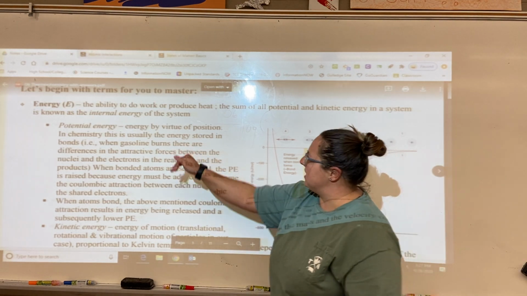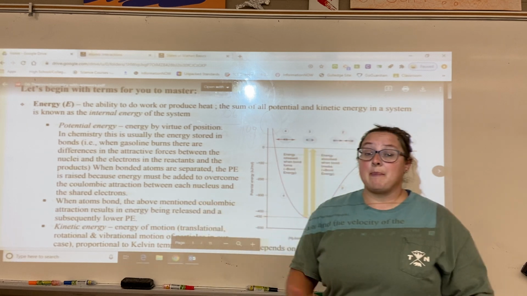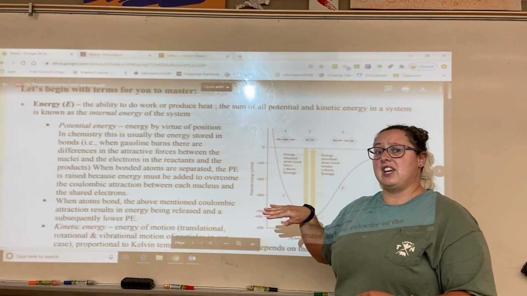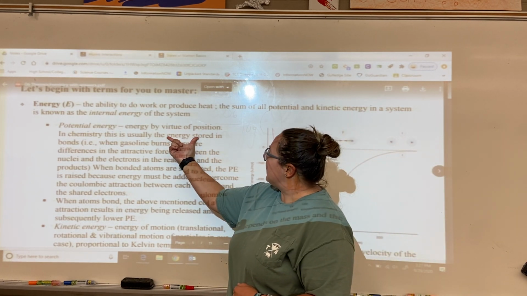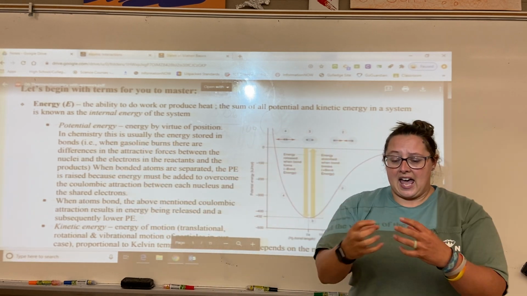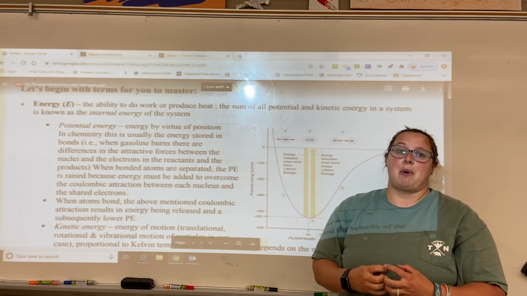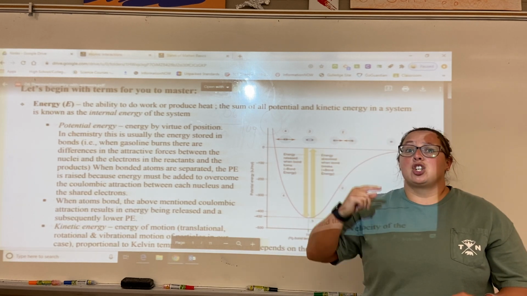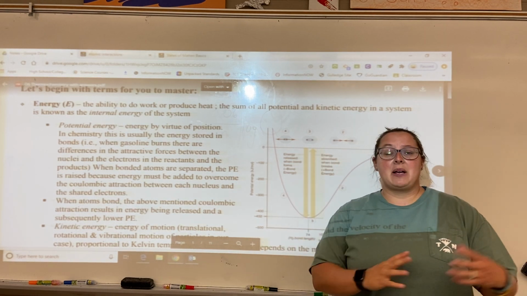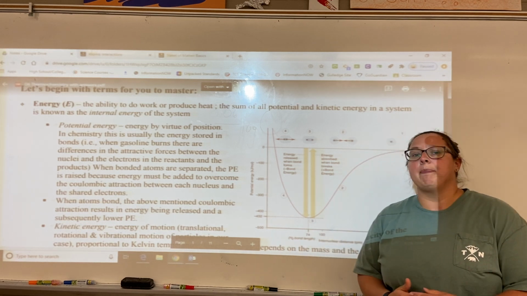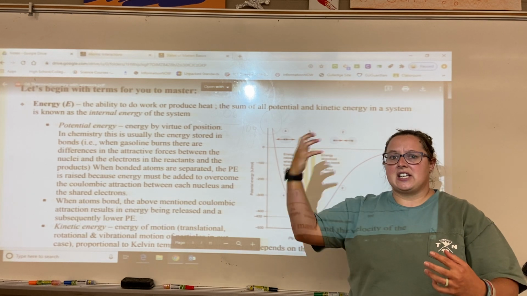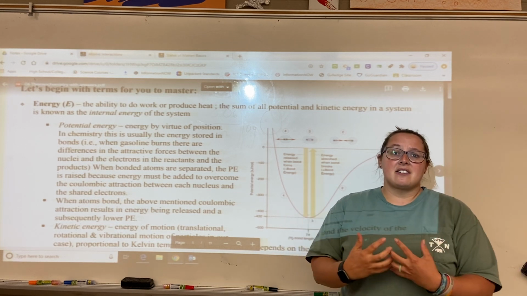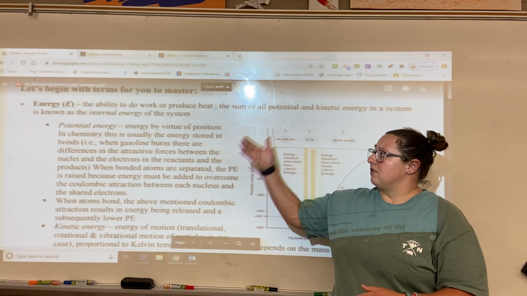So if you see here, it says the potential energy is the energy of position. We all know that. Maybe you've had a little bit of physics in your background. When we talk about potential energy in chemistry, we're talking about the energy that's stored in bonds. When we talk about kinetic energy, on the other hand, we're talking about these little molecules actually moving around. I'll give you a better example of what that means in just a second in a simulation. So we're looking at the sum of those potential energies, the energy stored in bonds, and the kinetic energy, the actual movement of those molecules, and that is the energy that we put together to get our total energy of the